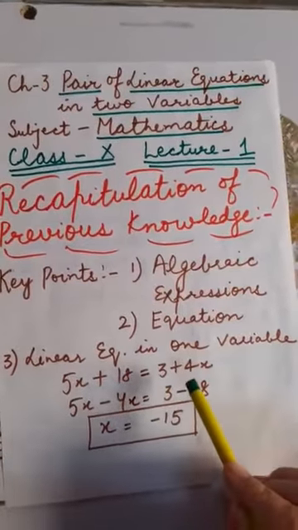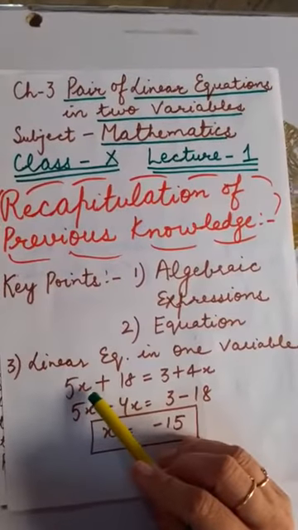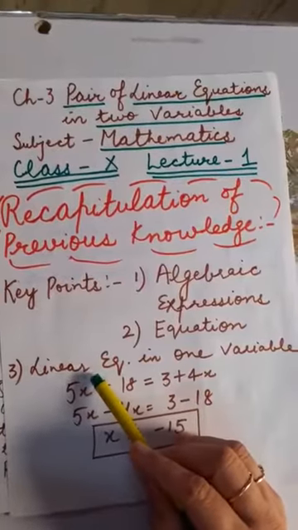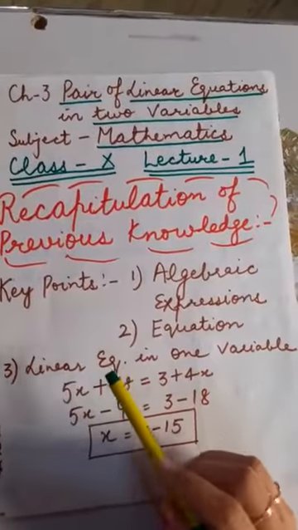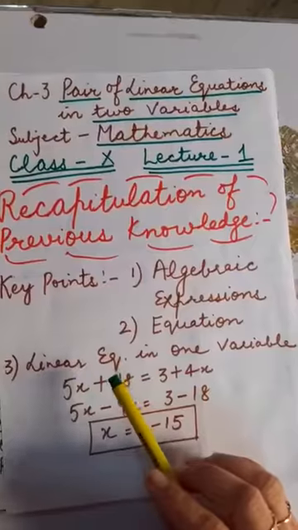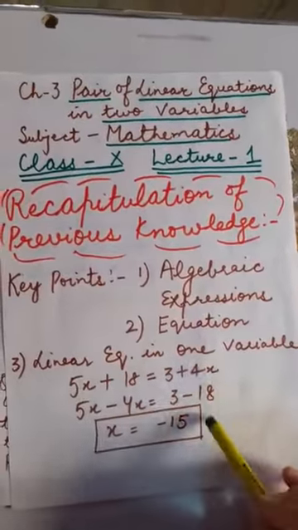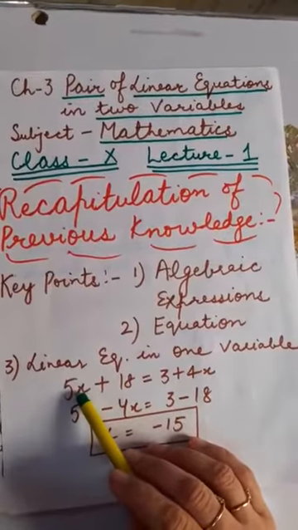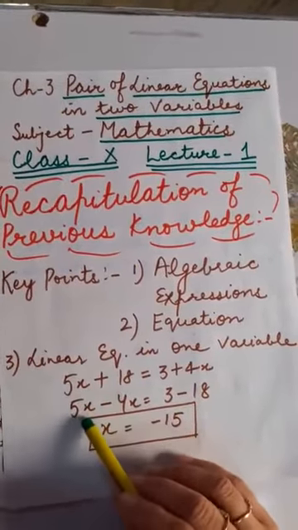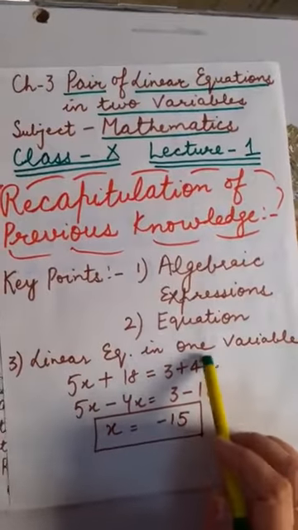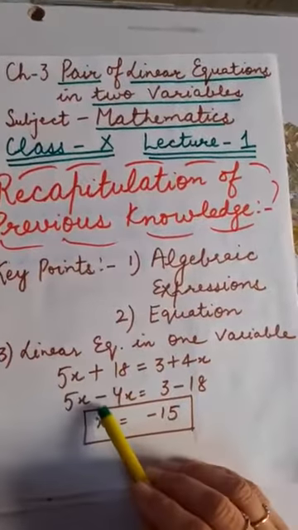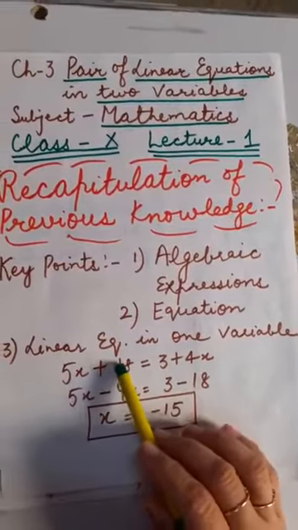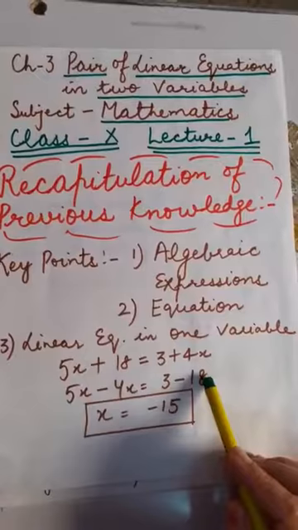And why am I calling it linear? Because here there is only one variable present and the exponent, or I should say the power, of that variable is 1. Fine. This I have explained in linear polynomials as well. So how to calculate the value of x through this linear equation in one variable? Variables must be put all together. 5x will remain on the left hand side only. This 4x I am going to take to the other side. It will become minus 4x is equal to 3, which will be written here, and plus 18 will go to the other side. It will be minus 18.